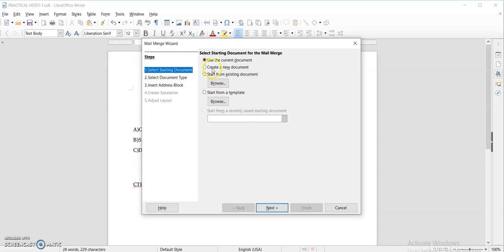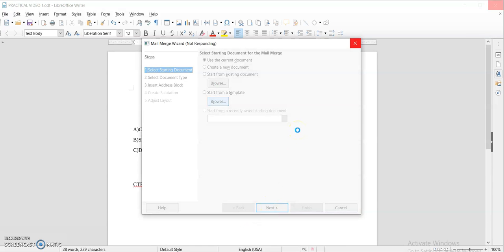If you want to create a new document, you can click on create a new document, or if you already have the document which you want to send to the persons, then you can click on it. If you start from a template, you can browse your template from here. It will move your cursor to the computer disk that has the templates.